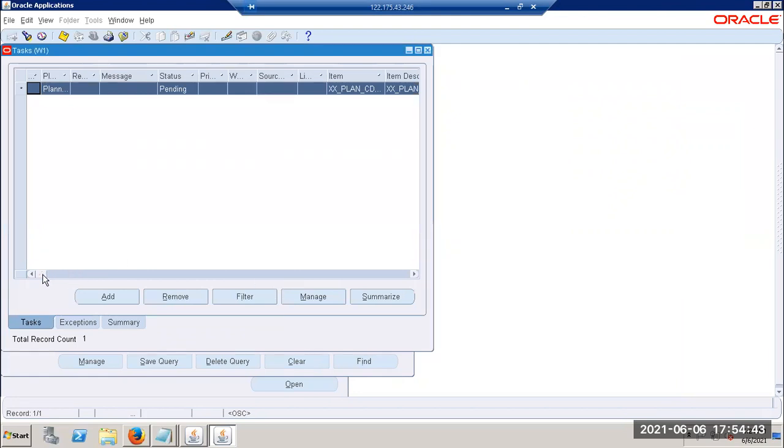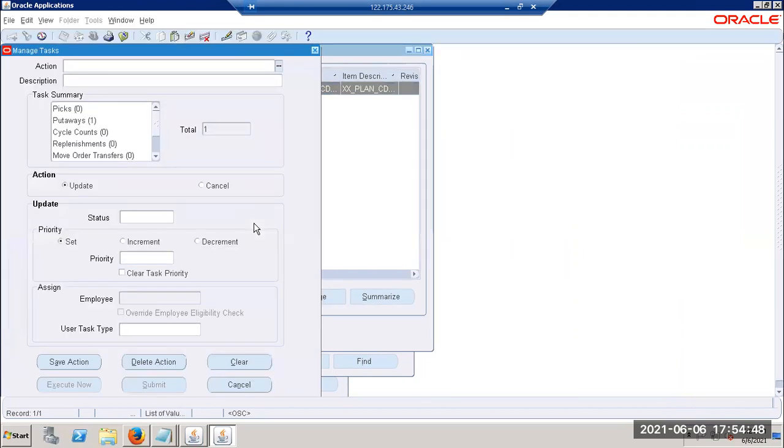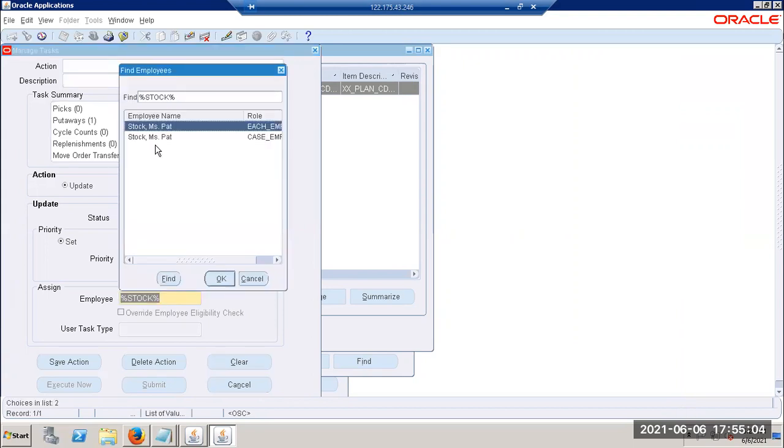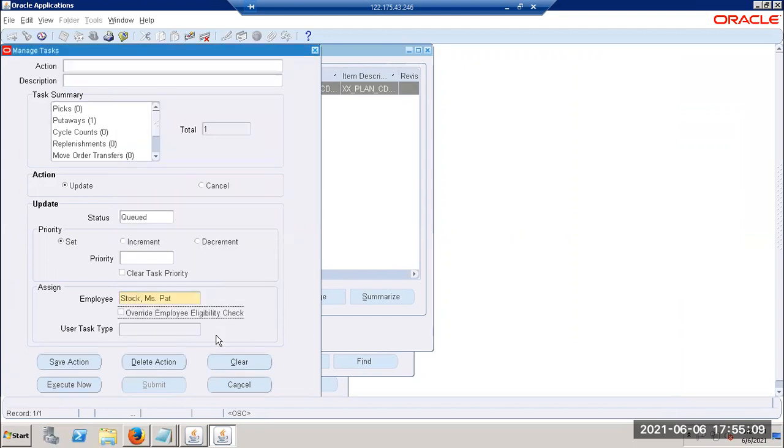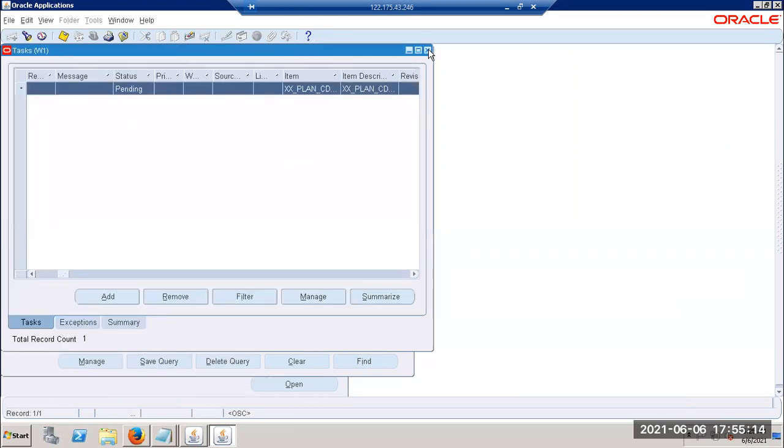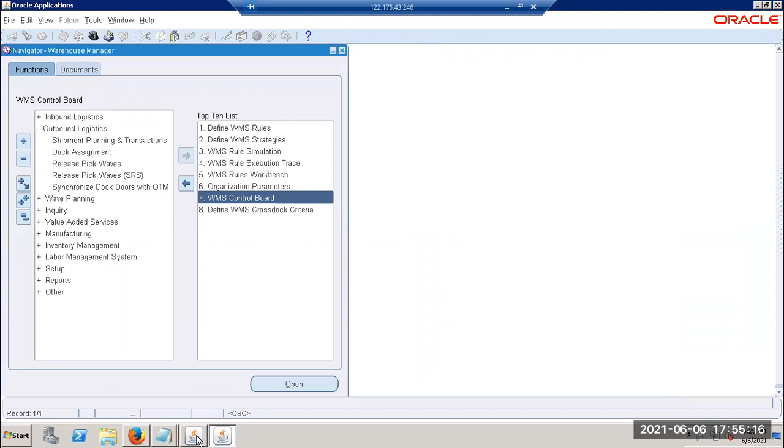Okay, if you see your cross-docking thing here, just go to manage. It is in pending. Select the status as queued. So it is still in pending status, right? Pending. Okay, we just saw the task. Cancel it, because it is already in the pending status. Now we have to go and perform the receiving. We are just ensuring the task came up or not. I just want to ensure the location.